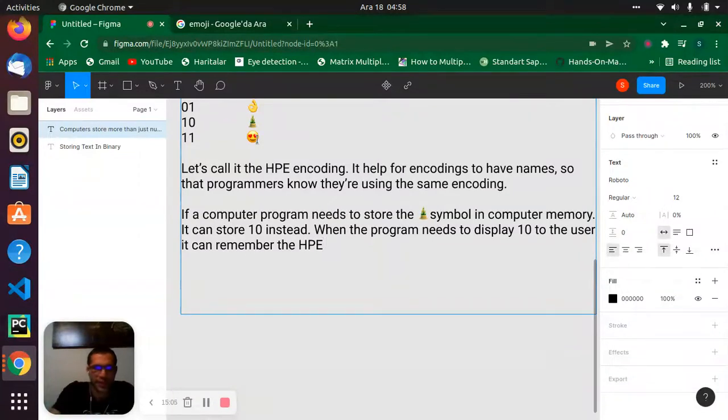I told you this all in HPA. This one is 1, this one 2, this one 3, like 0, 1, 1, 0, and 11.